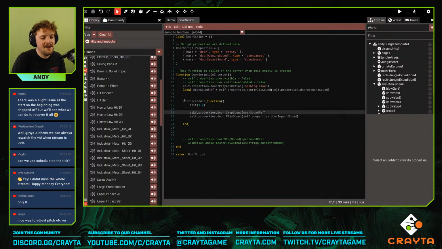Then we looked at how to schedule a function. A schedule is our way of delaying the call of something. So we're basically saying wait 1.2 seconds before stopping that sound. And we use schedules as kind of timers a lot in our Lua script, but really what that's doing is it's saying run this off the main thread. And there's a lot of stuff to do with threading that